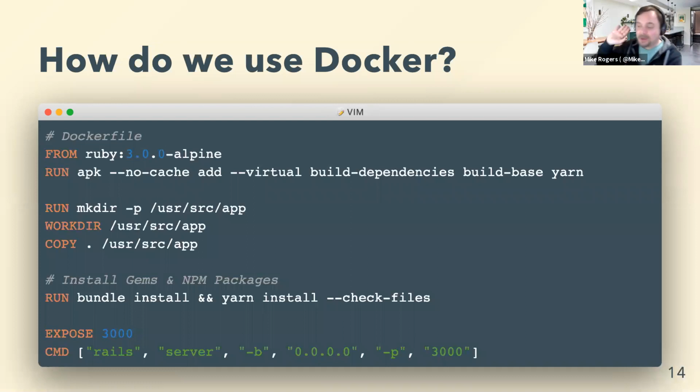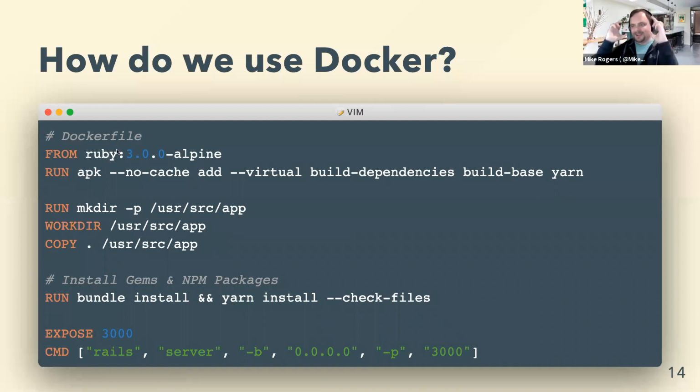Or we could go a bit further. We could create Dockerfiles. These are the steps to create a machine, which is perfect for your app. And these are even more exciting. These are the bee's knees. So we're going to start with that familiar thing, which is the Ruby image. That's the base package we're going to start with.